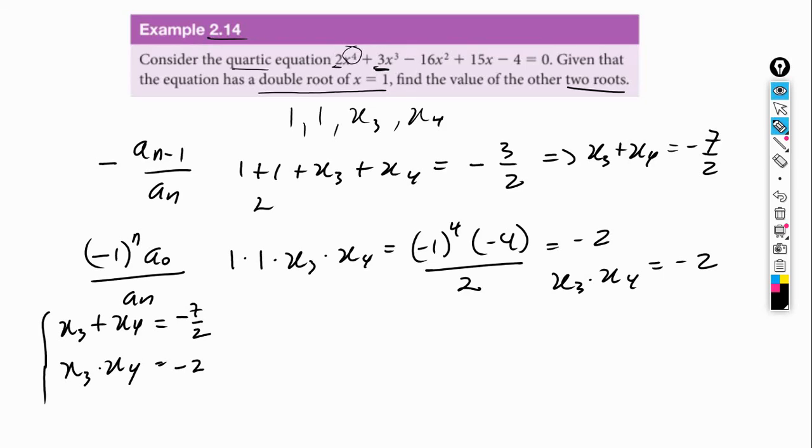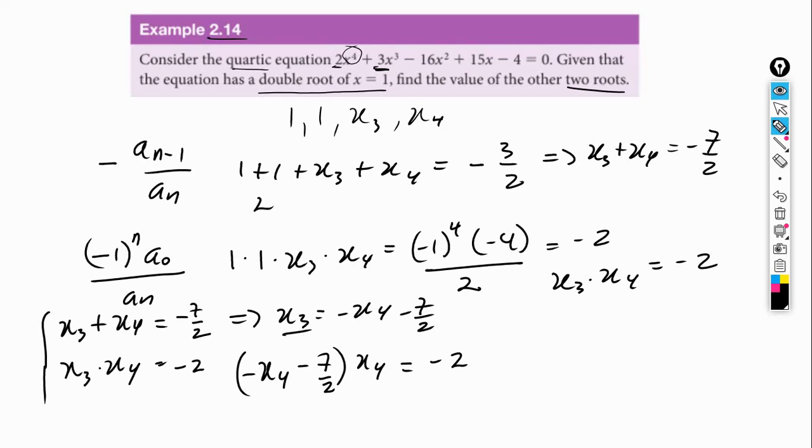Notice that if we rearrange this equation here, we can get that x3 is equal to -x4 minus 7/2, and then we can use substitution. How so? Well, because this is x3, we're going to get that minus x4 minus 7/2 times x4